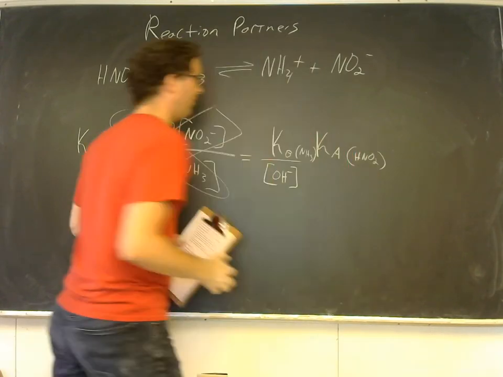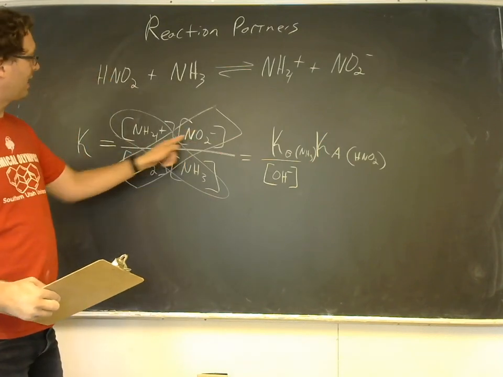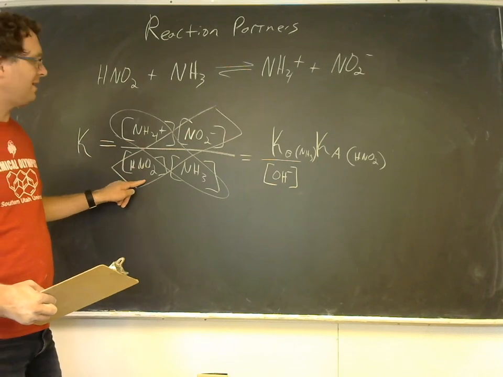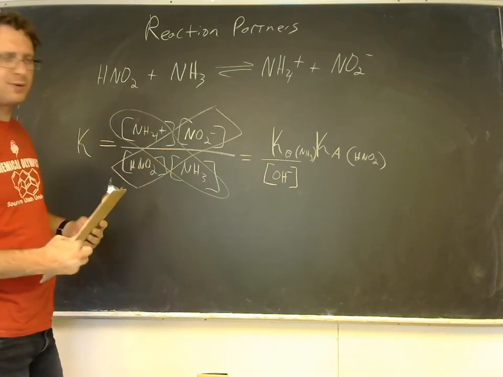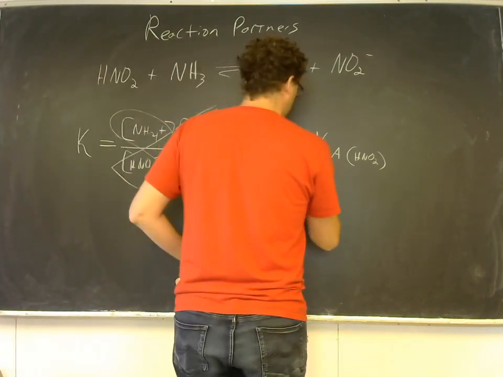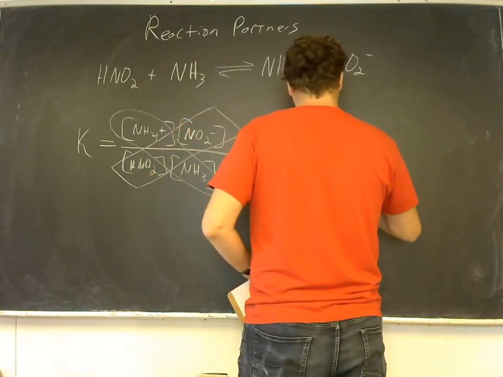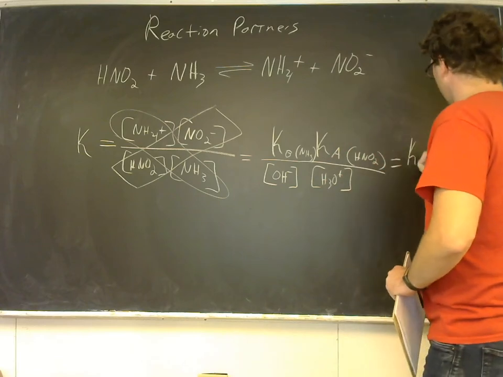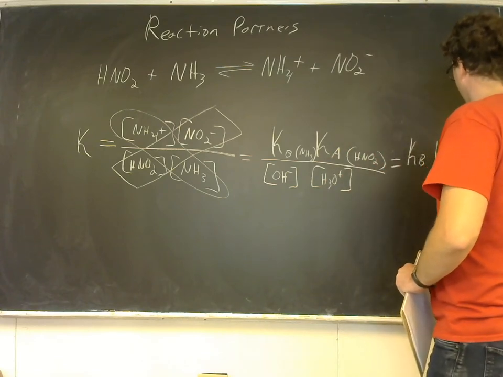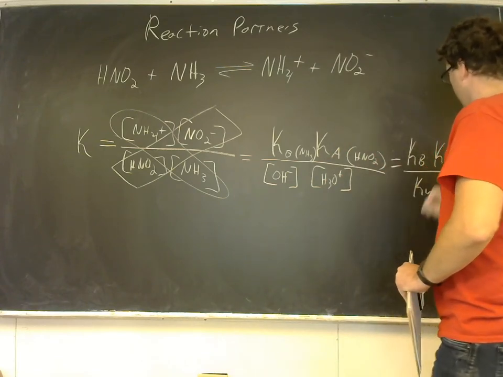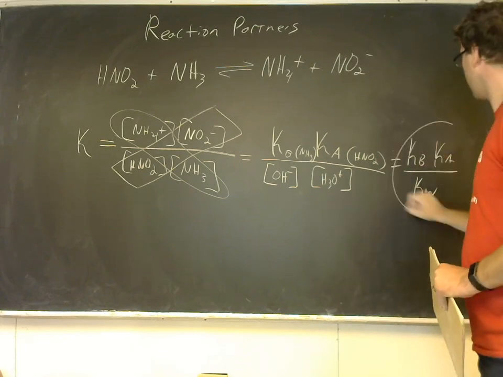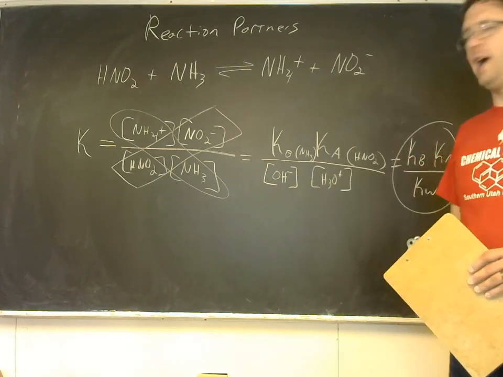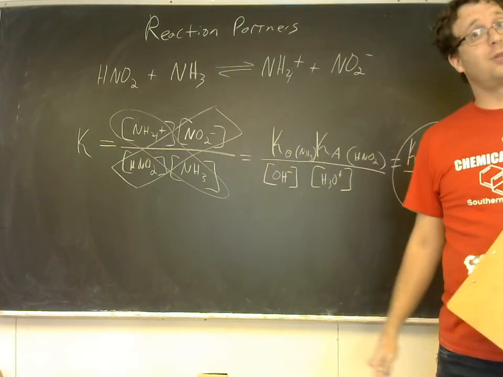That looks an awful lot like the Ka, nitrite ion over nitrous acid. What's it missing? The H3O plus in the numerator. So what we really have is Ka divided by H3O plus. Well, and now what we have is Kb times Ka over Kw. And we can not only get a general idea for whether this is product favored or reactant favored, we can actually get a value for K, for the